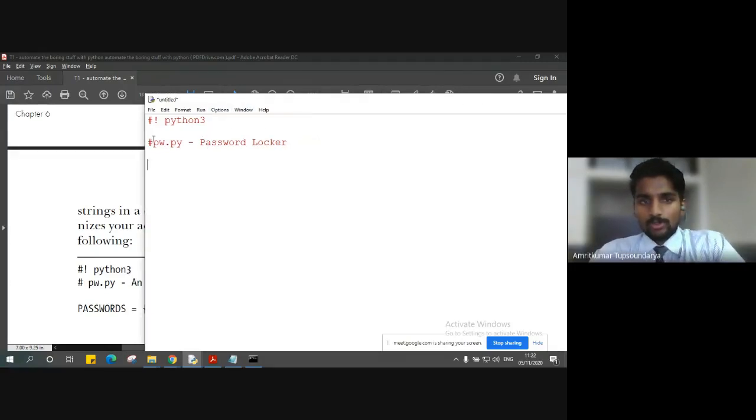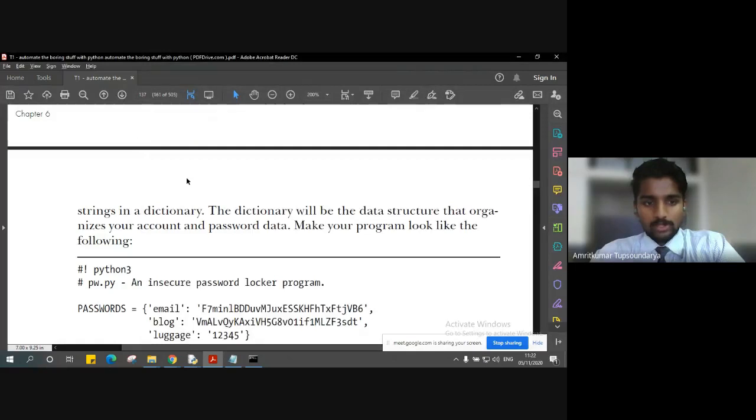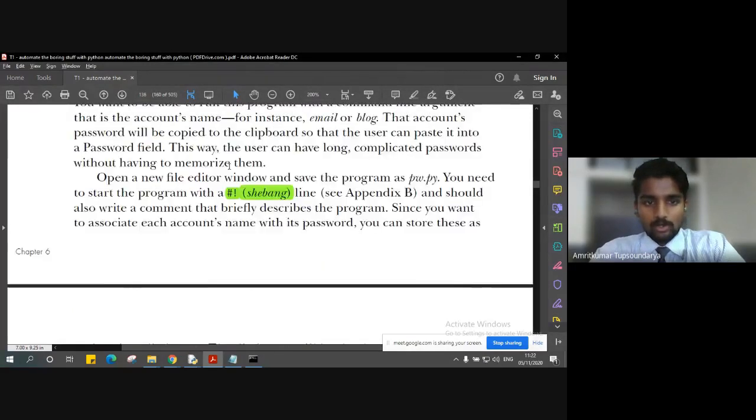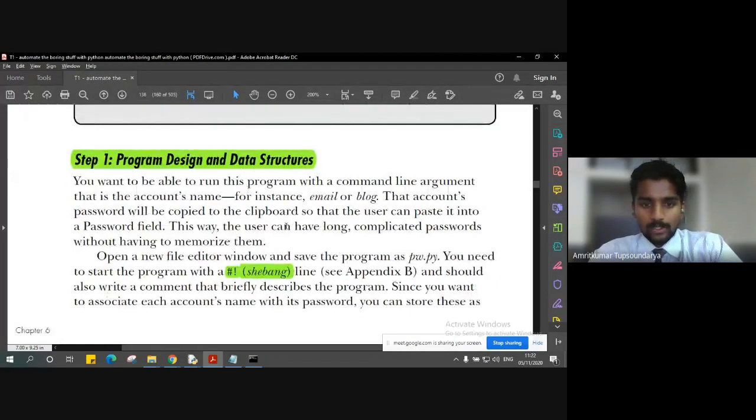Before we start off with the code, let me help you understand that in order to store multiple keys and values, for example, the key here will be the account, whether it is your email account, your Facebook account, your Instagram account, or whatever, and the value will be the password for that particular account, right?